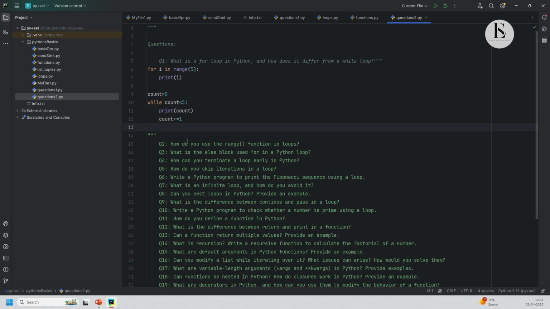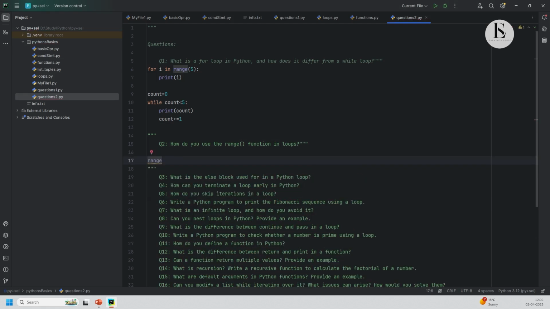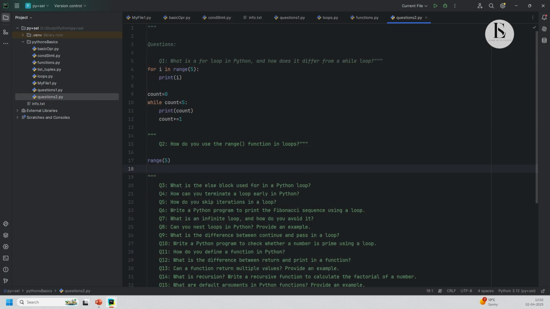All right. So the next one, how do you use range functions in loop? So we just saw this, right? There are two ways of using it. Let's give an example here. So you can have it like this. You can also have it like